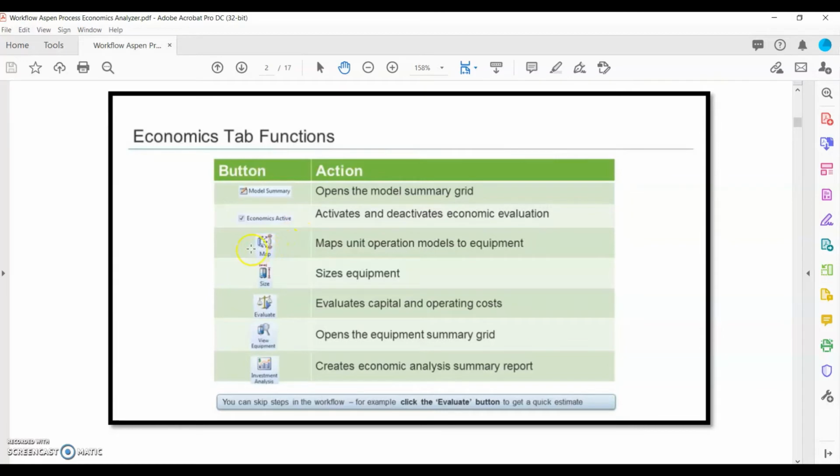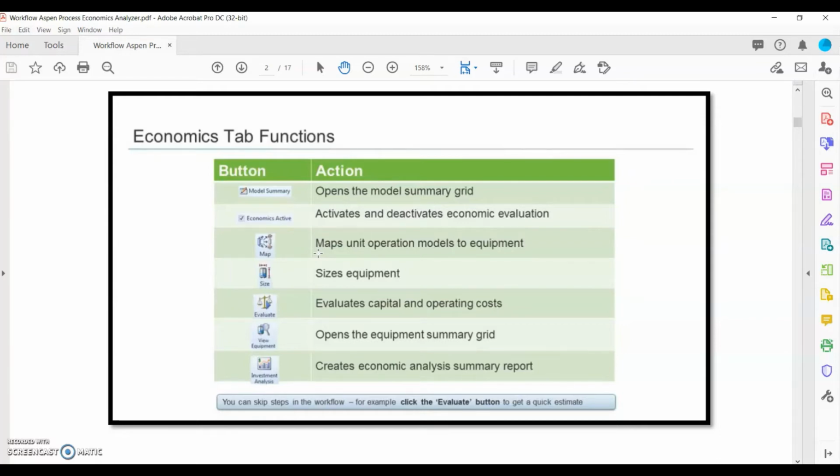And then when we are ready to perform the economic analysis, we have to click all these buttons. The first one is map, where Aspen Process Economic Analyzer APEA will perform a mapping of the unit operation within APEA with the unit operation that you have simulated in Aspen HYSYS.